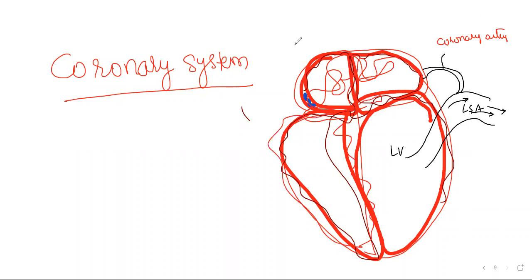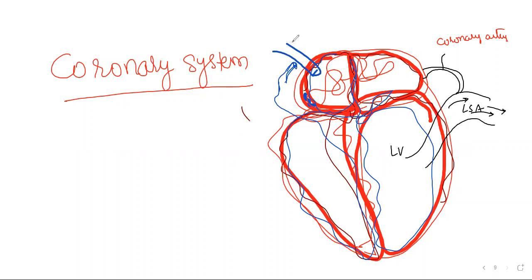Then the question arises, sir, who collects blood from the wall of the heart? Again, veins will collect. Who are they? The coronary veins. Where do they open? The coronary vein opens into the left precaval vein. Their opening into the left precaval vein is guarded by the valve of Thebesius. It doesn't matter to us. Whatever is given in NCERT, that is what you have to go for.